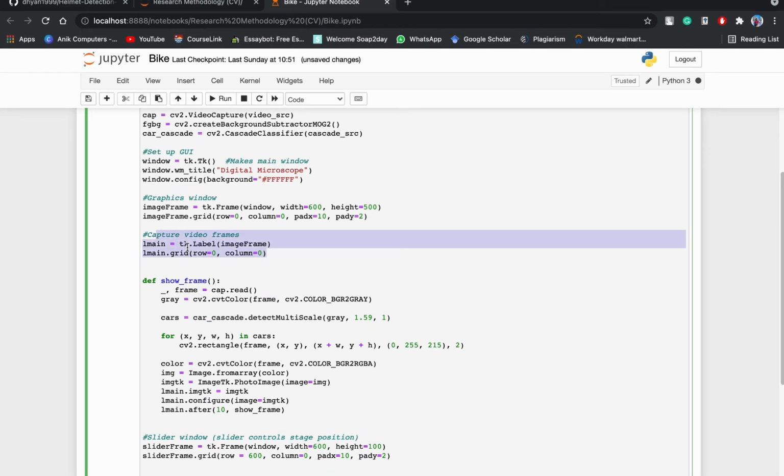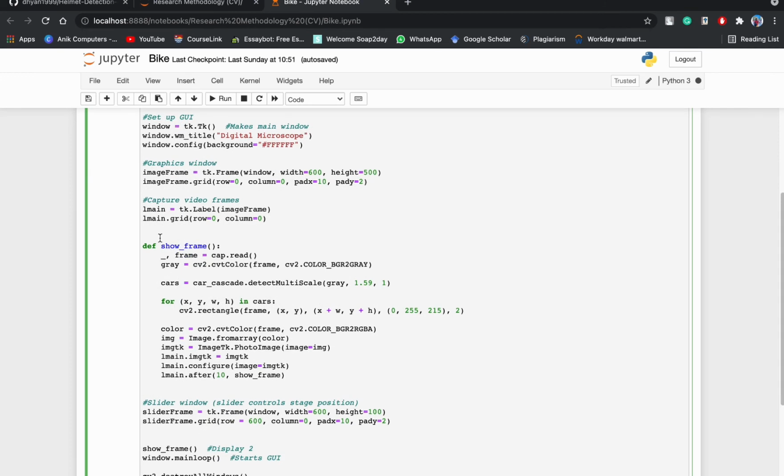This frame captures the video frame by frame, and for a person who didn't wear the helmet, no rectangle is created. As you can see, I have given row 0 and column. For the function to show the frame, I have created this code.